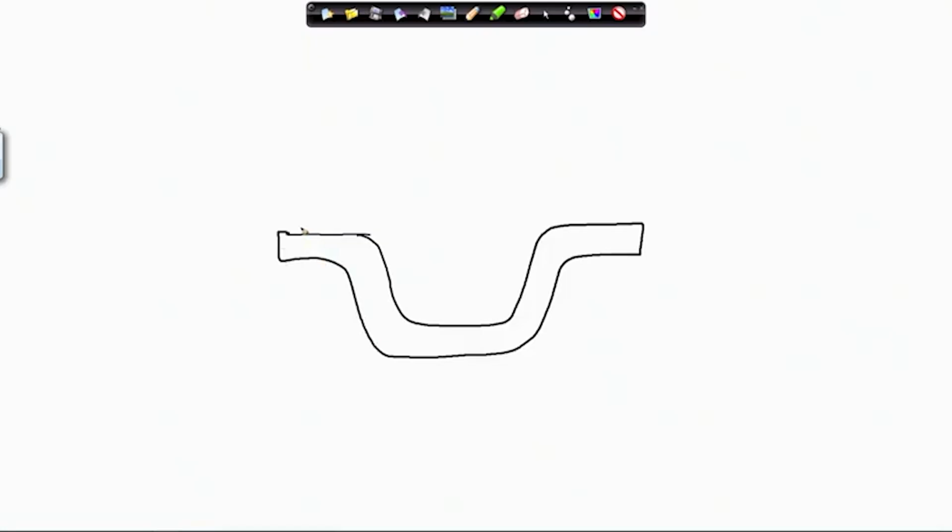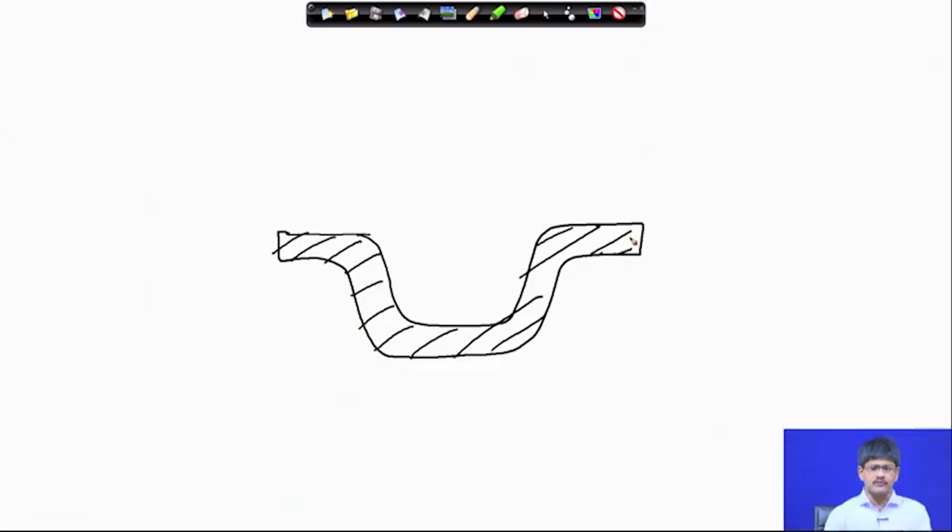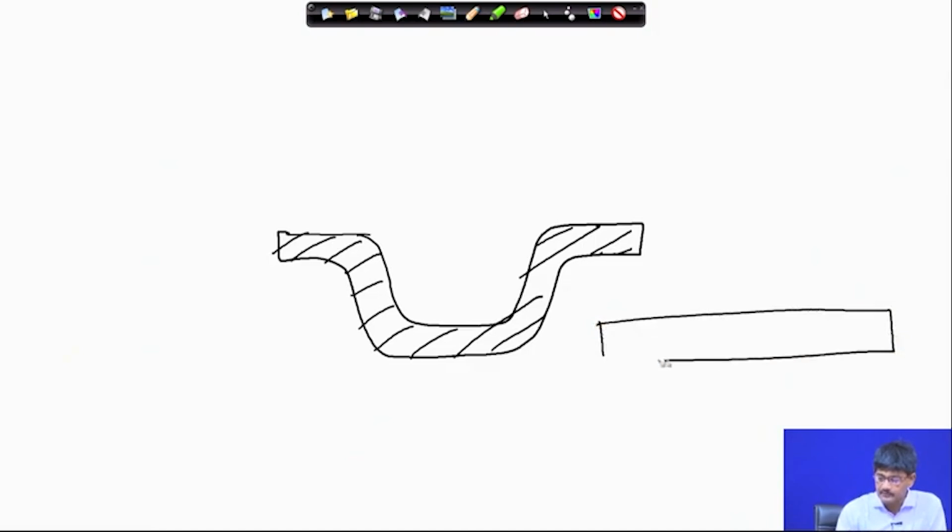Someone shows you this part, a sheet metal, and we are seeing it only from the side, a sort of sectional view. How was this done? That particular person says that it was done by, say, deep drawing. What is deep drawing? Initially there must have been a body of this type, a sheet metal piece, maybe